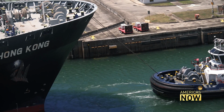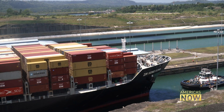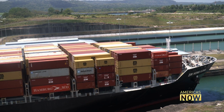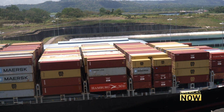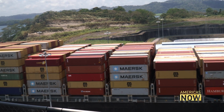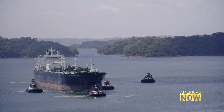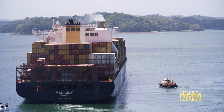The Panama Canal handles around $270 billion in commerce annually, showcasing the robustness of global trade. Yet, it also highlights the risks of relying on a handful of transit routes, susceptible to disruption. 2023 has been our third driest year in the history of the canal. We didn't have enough rainfall, it was a very strong El Nino, and we were actually forced to diminish the amount of transit that we could put per day from an average of 36 to 38 transits per day to